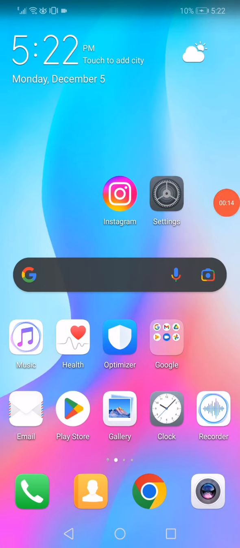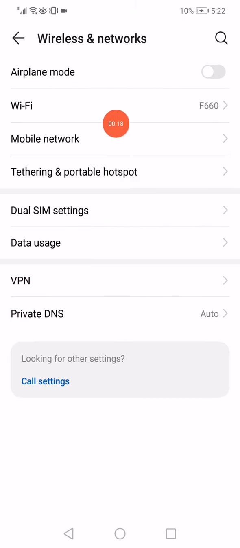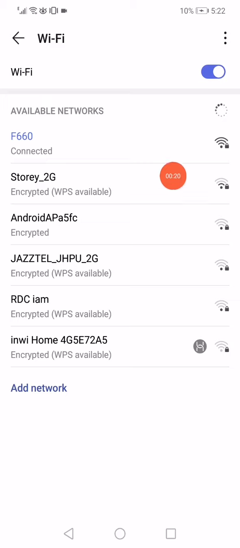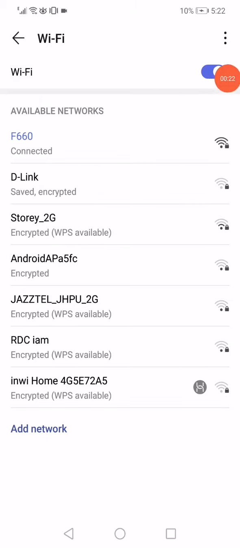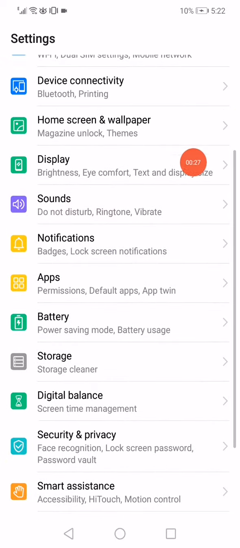So first thing you have to do, go to the settings and then go to wireless and networks, and then go to the Wi-Fi and then disable the Wi-Fi and enable it again. After that, go back, go to the apps manager,